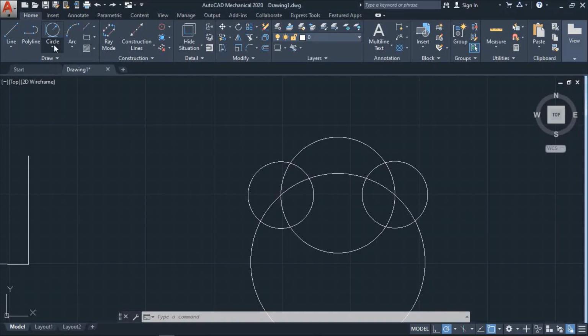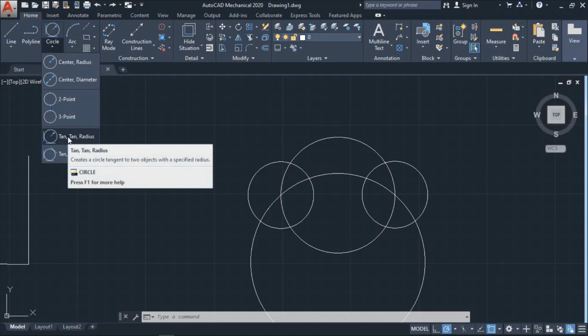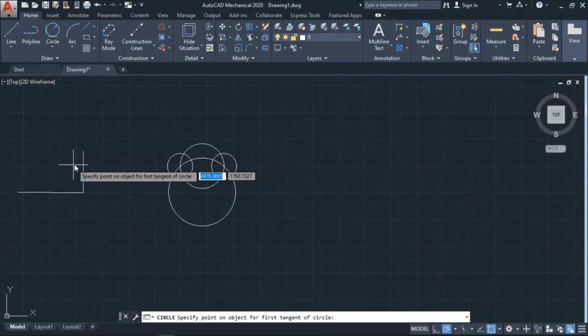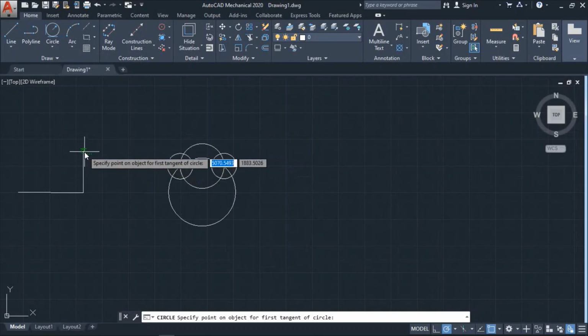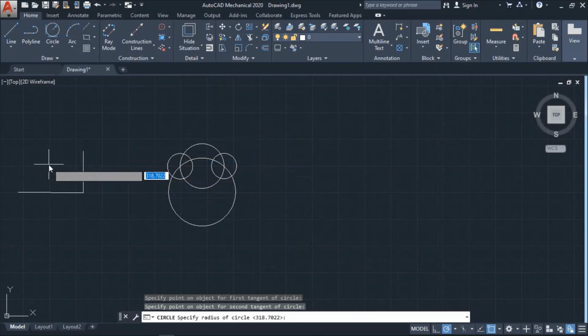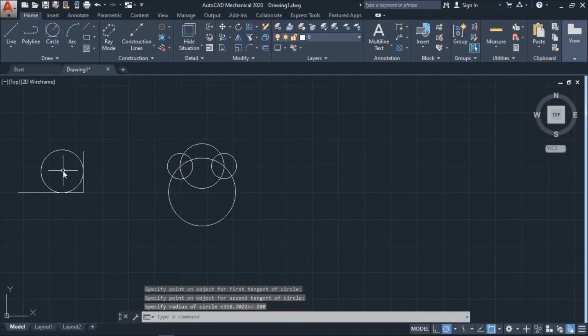Okay, so after the 3 point circle we have the tan radius. So for the tan radius you have to set this point, first tan, then second tan, and then the radius of the circle, 200.